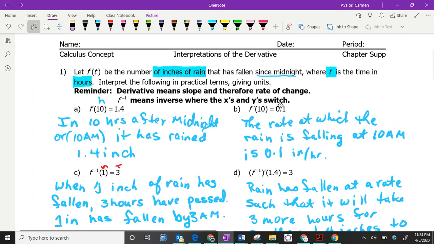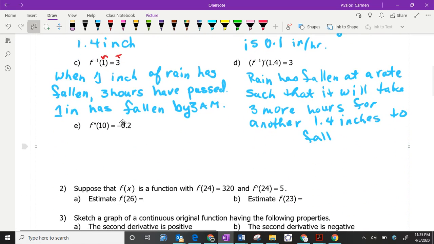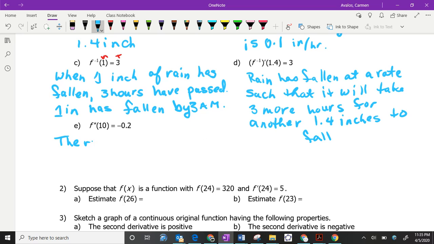Notice how this one here is positive. That means that it's actually speeding up and therefore it's raining more. Here, this is a negative. So the negative in their description of a sentence is never included, but we know that that one is going to be slowing down because negative means going in the opposite direction. And so this means that we're talking about acceleration, but it's still what we talk about is the rate